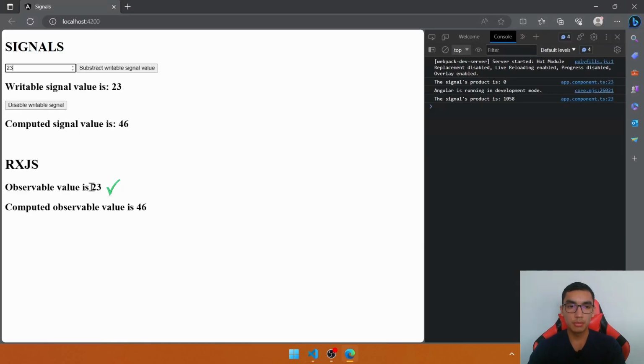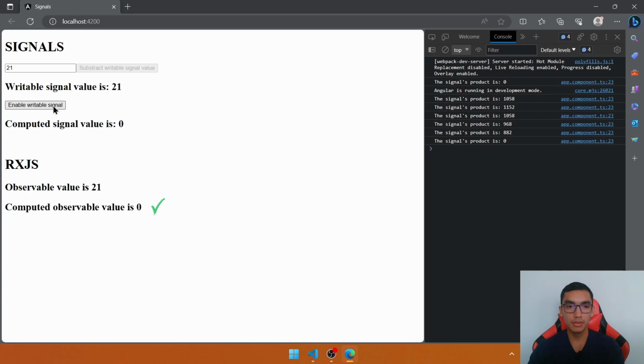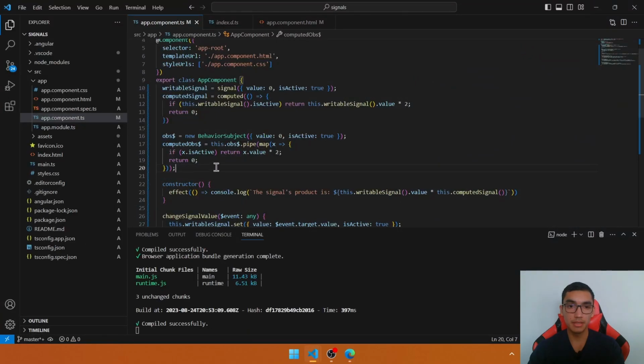As you see, the observable value now is 23 and the computed is multiplied by 2. Let's disable the signal, and as you can see, the computed observable value is 0 because it's based on the same condition that we wrote for the computed signal. Perfect. Finally, let's use an